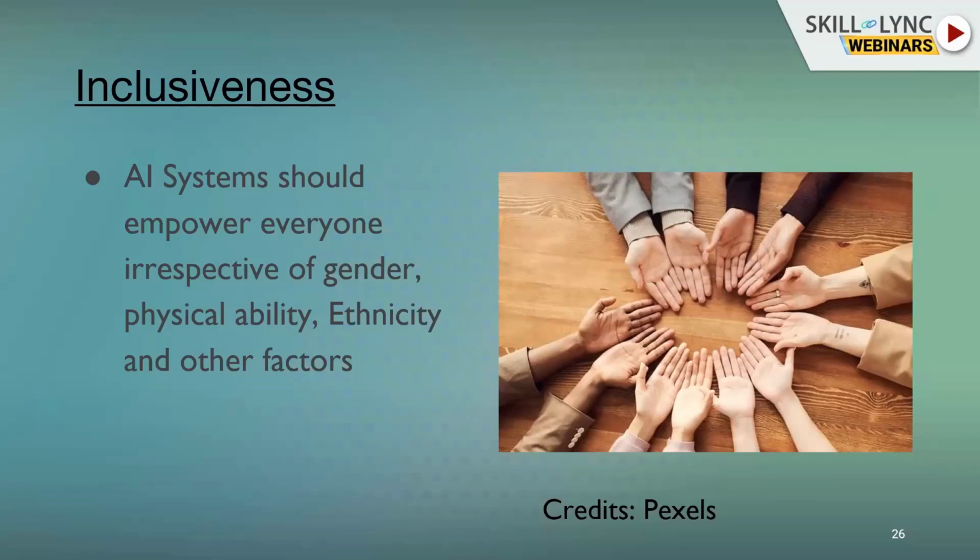So for them, we need to create a system wherein the output is also provided as text. So we include everyone irrespective of their physical ability, gender or ethnicity. We should not be designing systems only for a particular group. It should have a global appeal, and we should make sure that we empower everyone with this. So that is what the inclusiveness concept means.